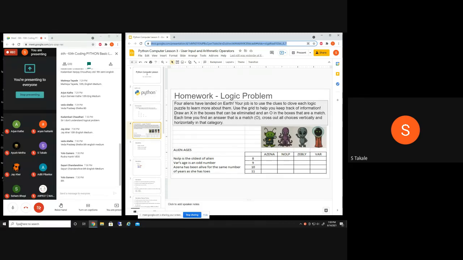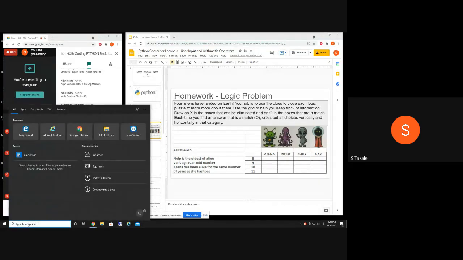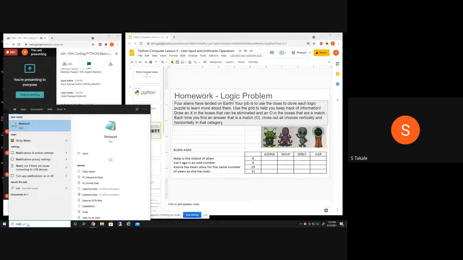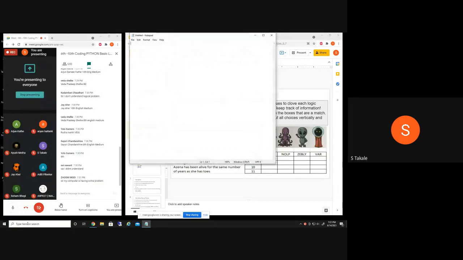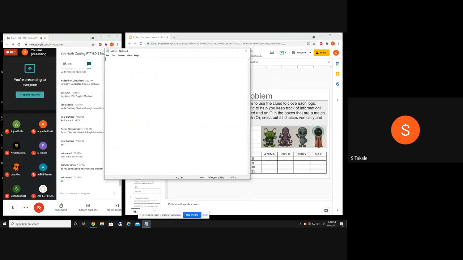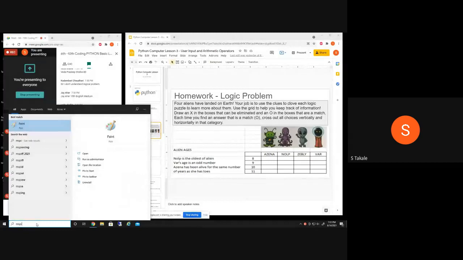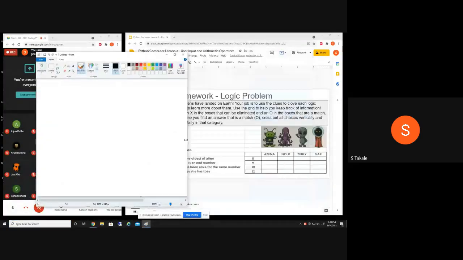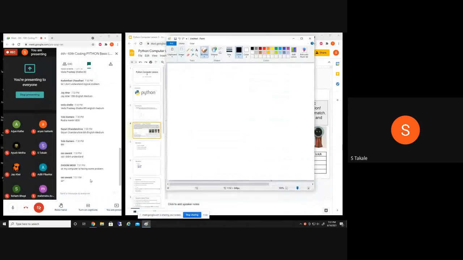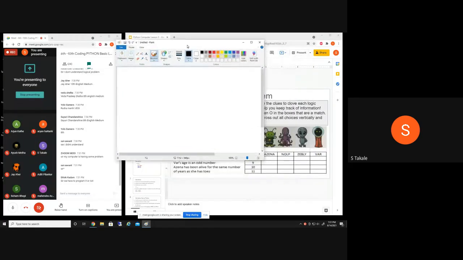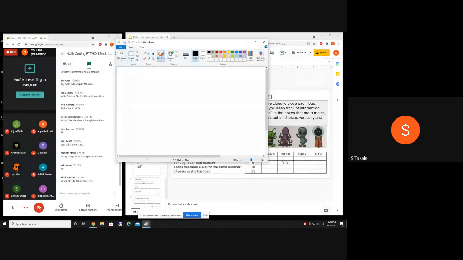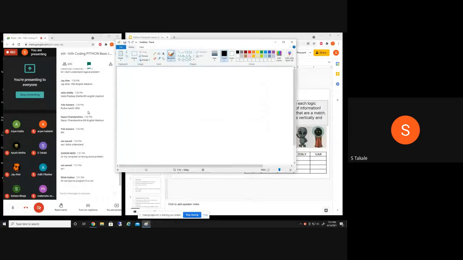I don't have a spreadsheet in front of me, so I'm gonna try something. Notepad. Okay, let me try. I cannot draw. Or maybe MS Paint. So does anyone have the same problem? My computer is having the same problem. Zoom. It cannot be the same problem as mine, no? Okay, so